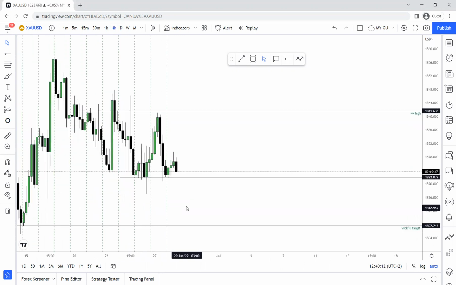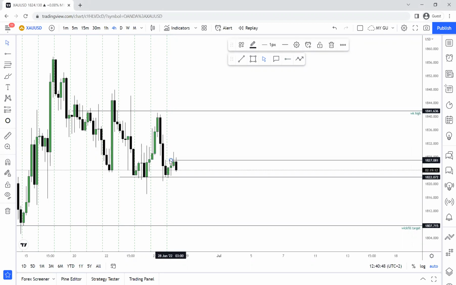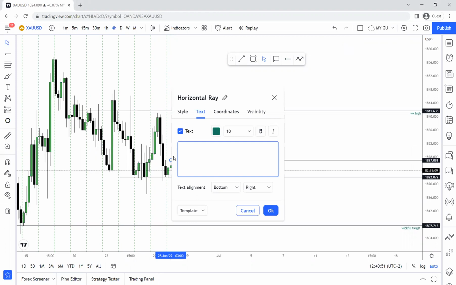On the 4-hour time frame, that's where things get interesting. Our previous candle is bullish, but we have an exhaustion wick. The wick is bigger than the body, so chances of a wick fill are there, but they're not high. If price is going to do a wick fill, it would need to close above the high that was set during the London session right here. So for a wick fill trade, you need to see price going above this area.